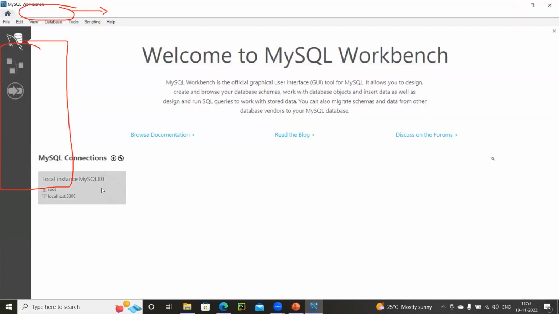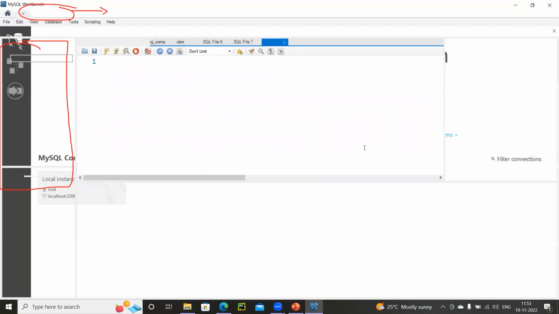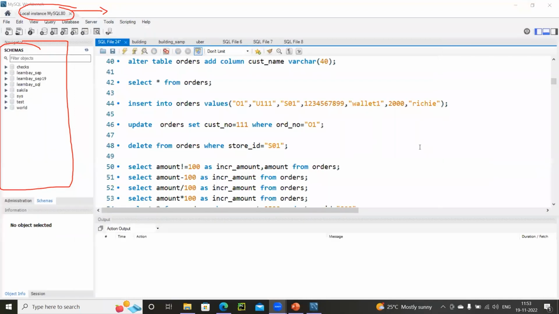You can see this instance, the default instance. Click on that. I'm clicking my password. I'm giving my password. Clear, Shaikh? It's a very simple operation.